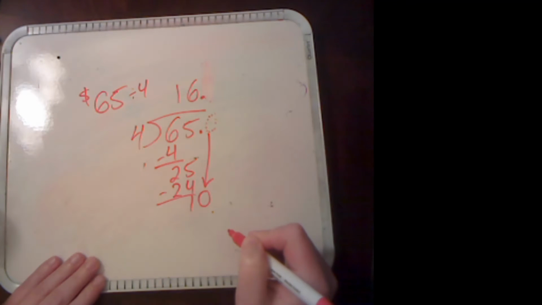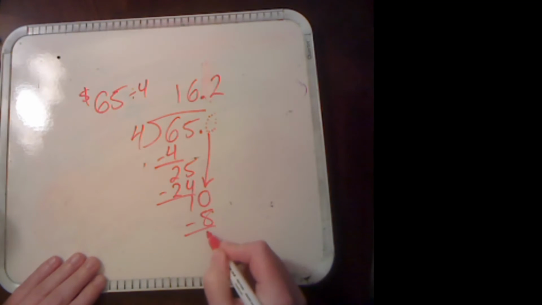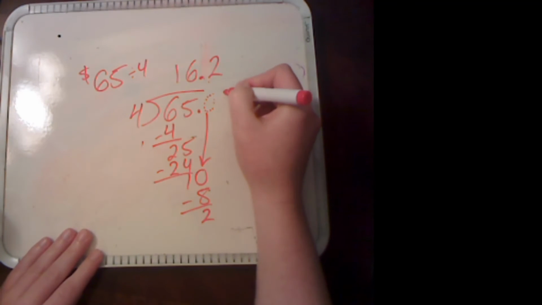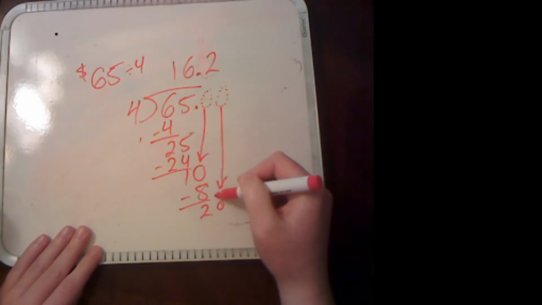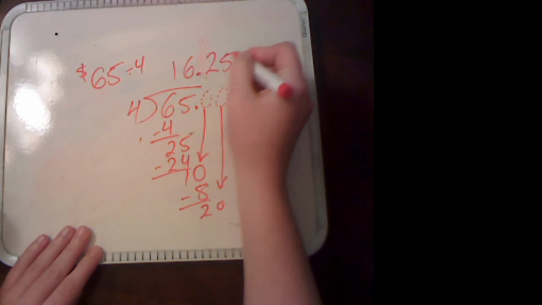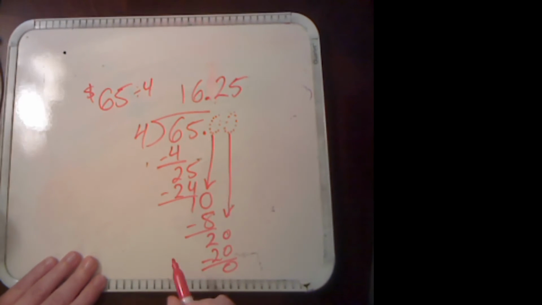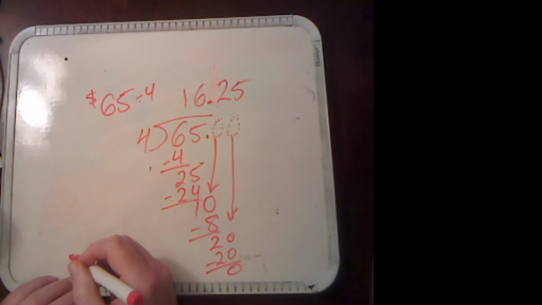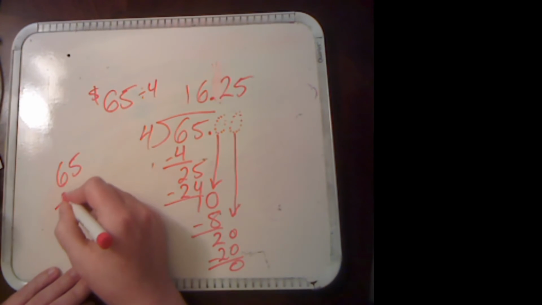4 goes into 10 2 times. 2 times 4 is 8, which means I have 2 left over. I still need to continue, so I'm going to use another invisible 0. I'm going to keep going until I get 0 at the end. 4 goes into 20 5 times. 4 times 5 is 20. So that means that I'm going to save $16.25. So I'll take my 65 minus